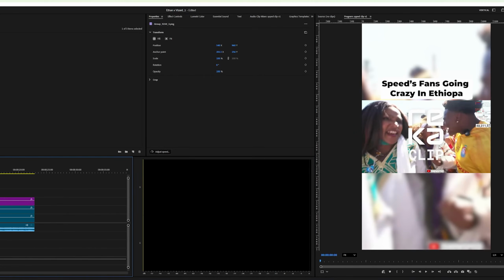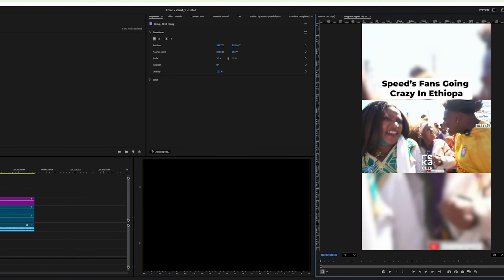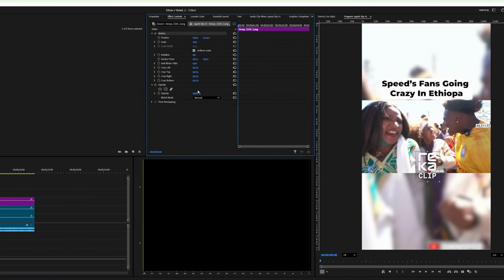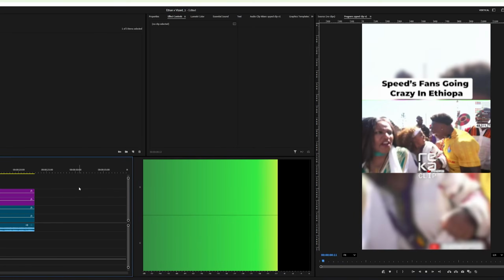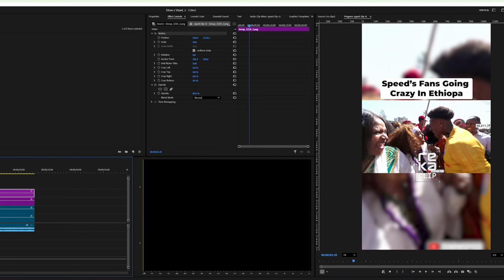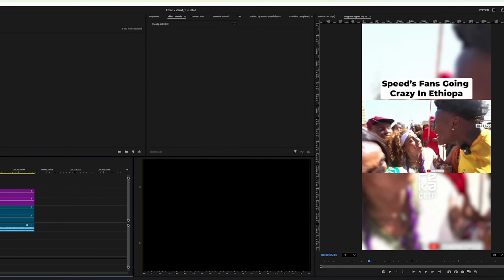So I now have the logo inside of Premiere Pro, and as it said, it wants it in about right here, so we're going to have it right here. And we're going to lower the opacity, as it said we can, to 85%. So go to Effect Controls, Opacity, then 85%. I'm going to lower it a little bit more just so it's not as much on the screen. So we're going to have it right here. And this is the entire clip right here. So let's export this, get it posted on TikTok, and submit this into the Discord.